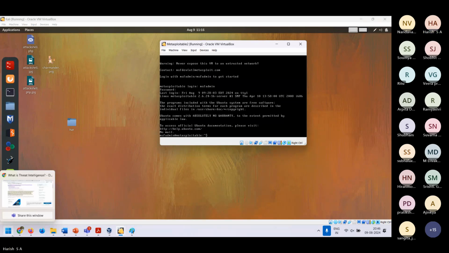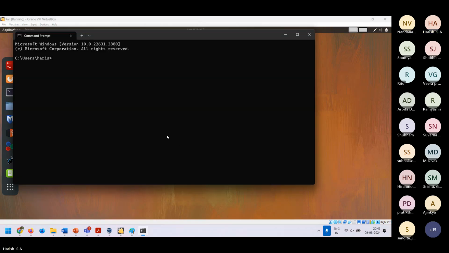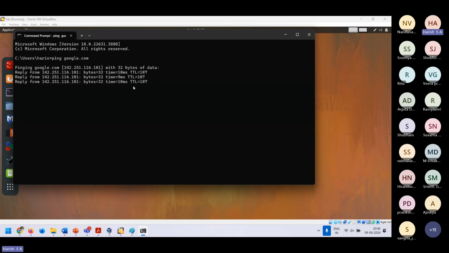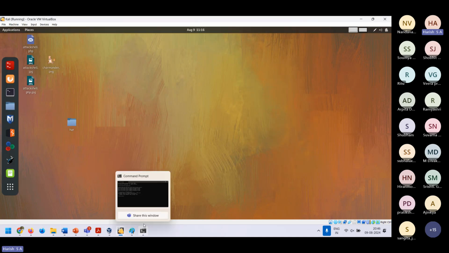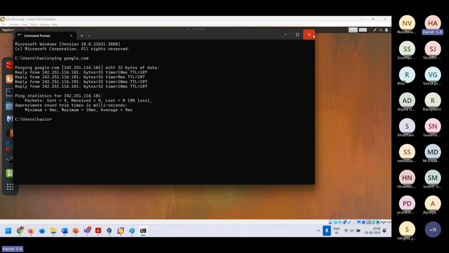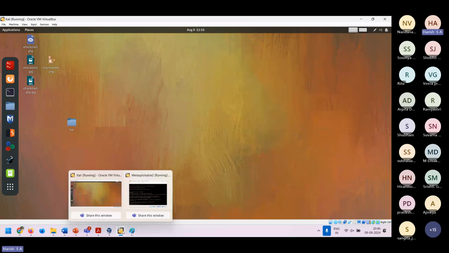You go to CMD and say ping, right? What does ping do? You basically send some messages and then you get a response from them. So we'll do the same thing over here as well, for Kali and Metasploitable. But to do that, what do you need? You need an IP address. So how do you find out the IP address of a particular system? Does anybody know?